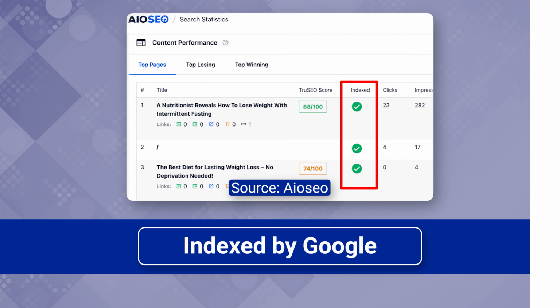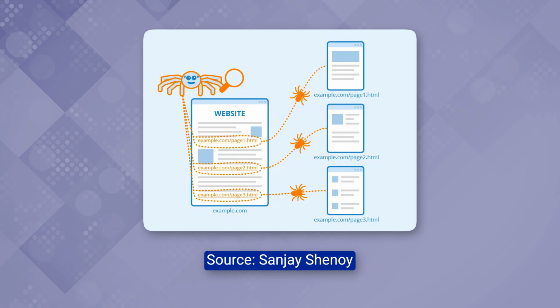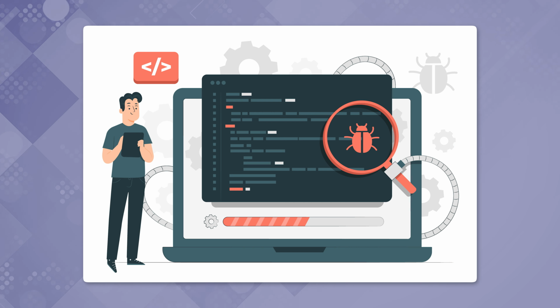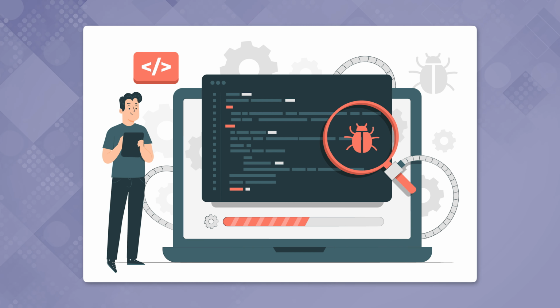Ensure that the blog post you want to drive traffic to has been indexed by Google. Now, most publishers will let Google crawl their websites automatically using their sitemap. A sitemap can take some time to update, and depending on how frequently you post, Google might take its own sweet time to crawl the website.